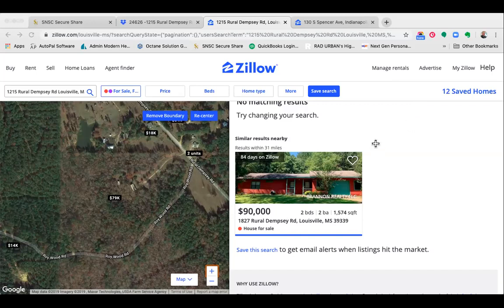So anyway, that's what a data tape looks like. It's all the possible things that could be in a mortgage note, and you'll go through and pick out the things that are important to you. For me, I need to recalculate the balance with my handy dandy calculator and make sure that we're talking about the right month for the right value. I don't want to be short a monthly payment because I didn't understand the dates. So these are the current balances of those loans, and these are the monthly P&I. So if you go and plug that into your calculator,